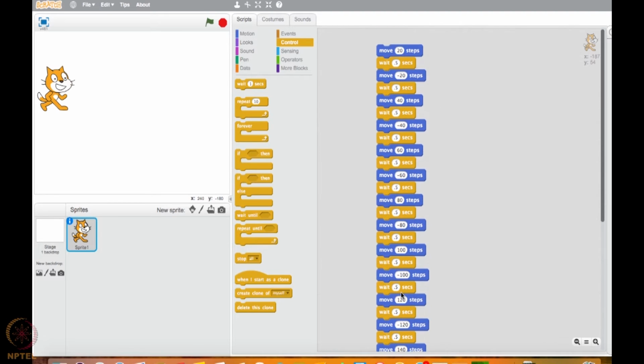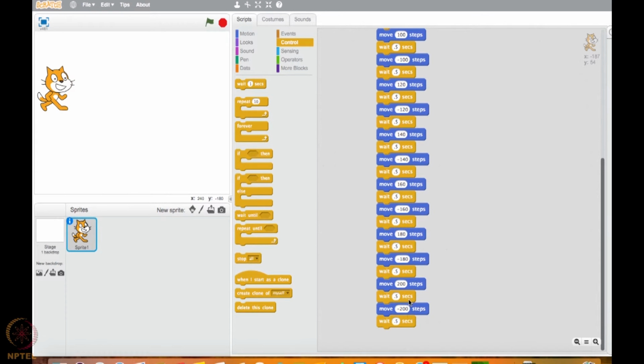As you would have guessed, this cat will now keep moving ahead like this incrementally. She will get bolder and bolder and move away from her house. She'll try going as far as possible. Let's see how this works by double clicking on this. Ahead, back, ahead, back, go bolder and bolder, go 20 steps ahead, and finally stop once you reach 200 steps.